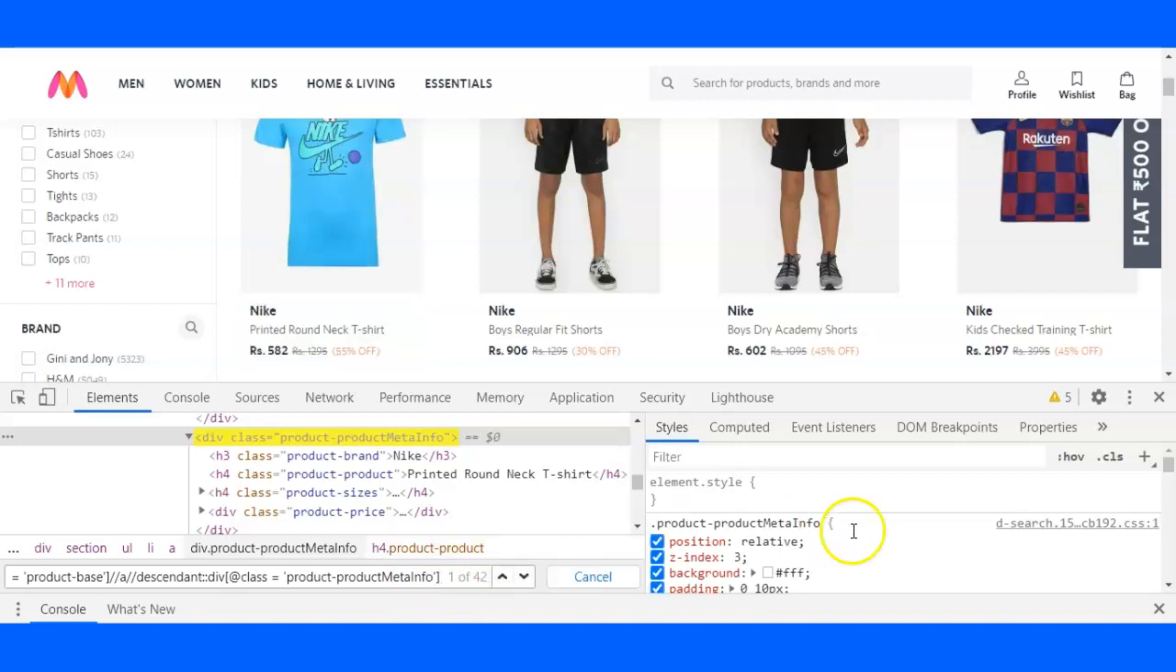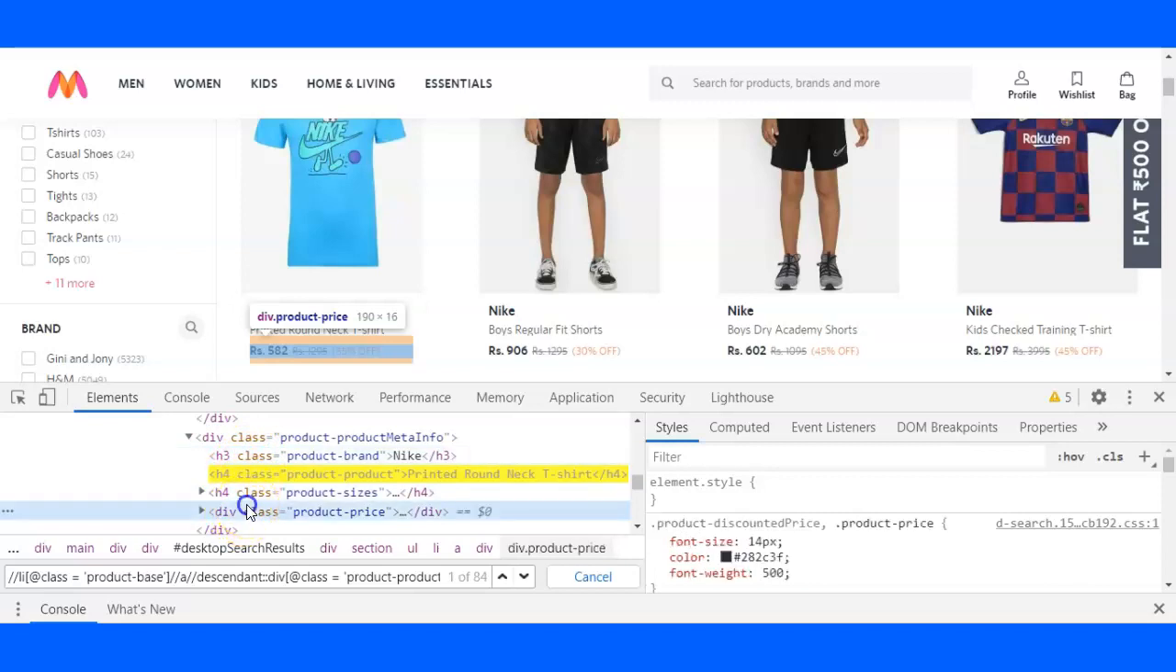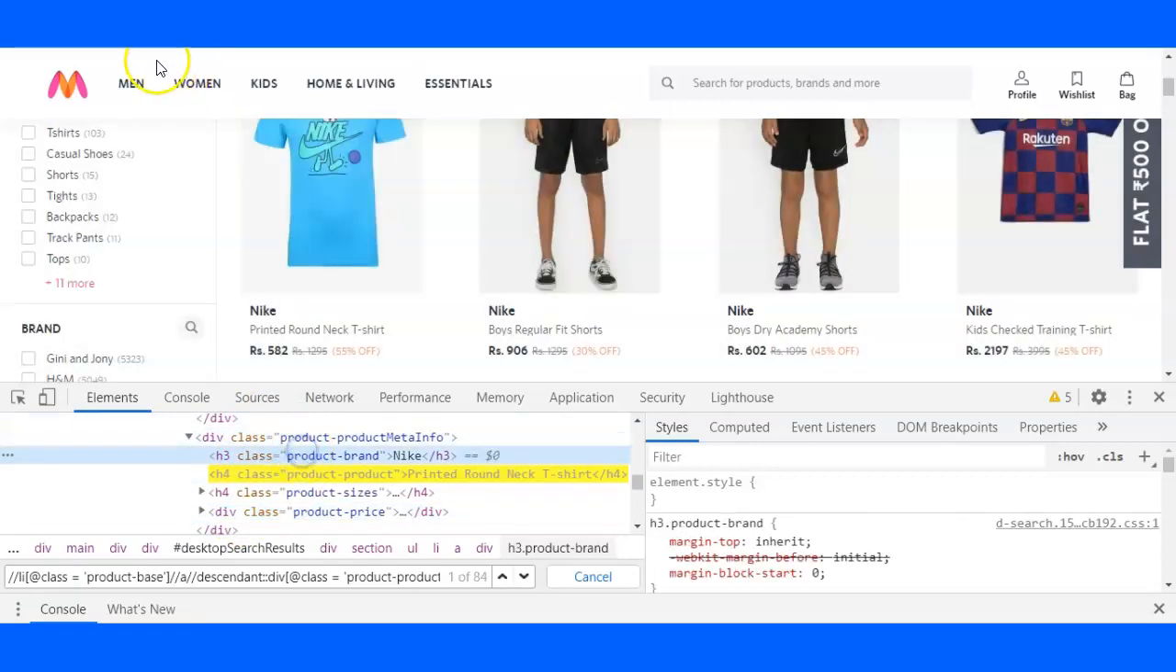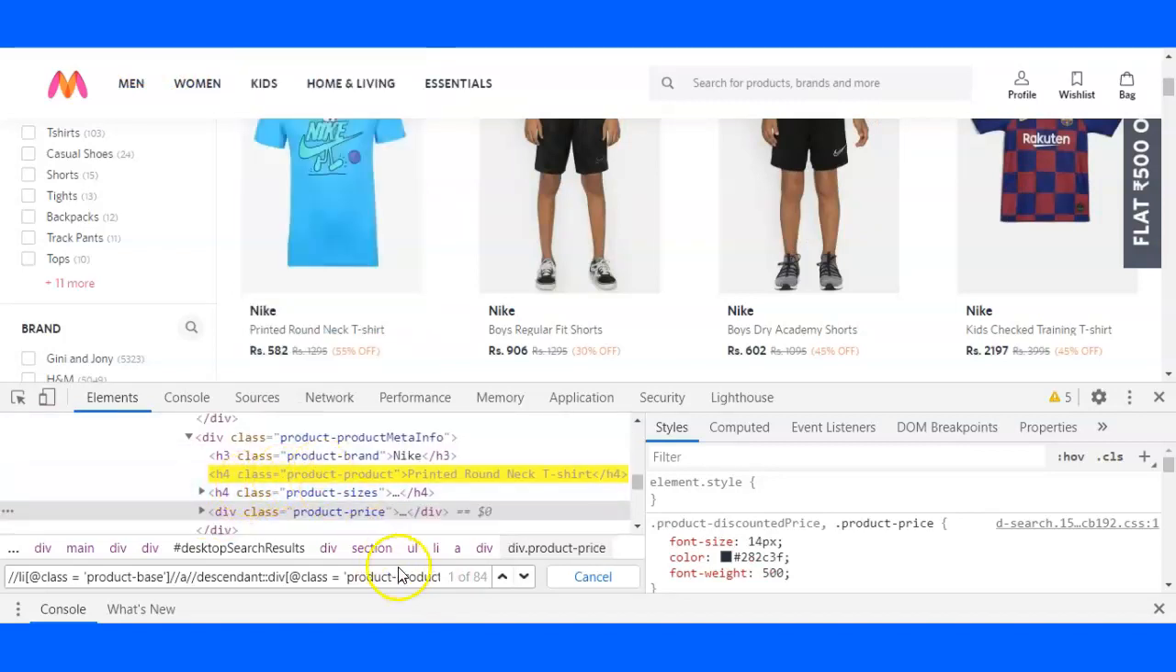So at the end I'll say /h4. Okay, and let's copy the class attribute of this h4 also. Just a moment guys. So I have copied the class value of this h4 tag that I want to come to, and I'll say square brackets @class equals to, okay, so see,